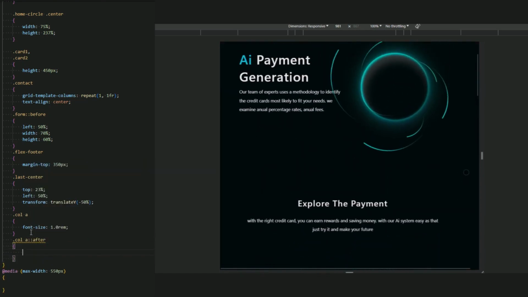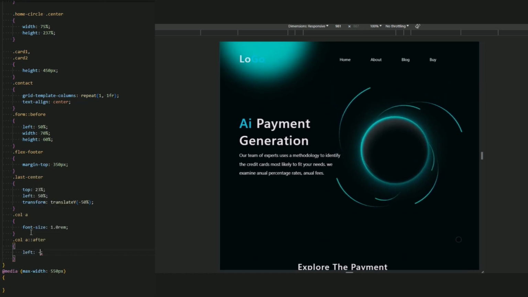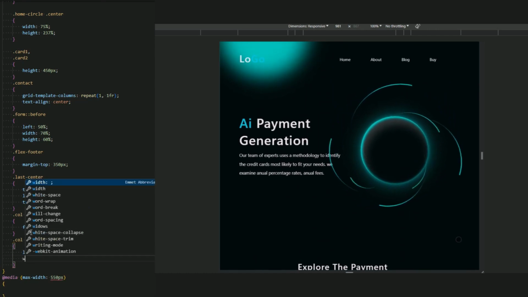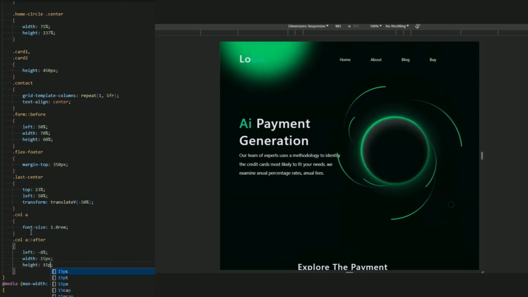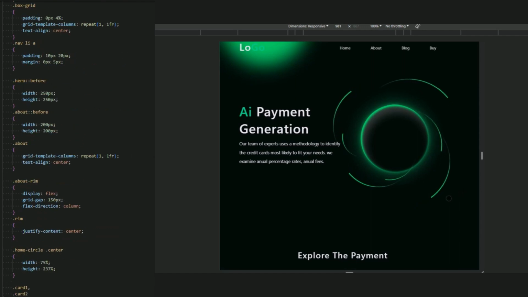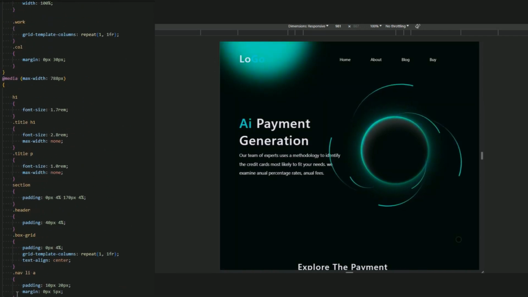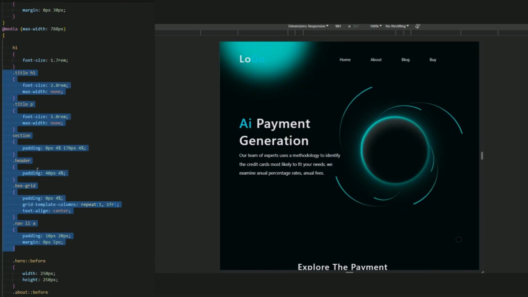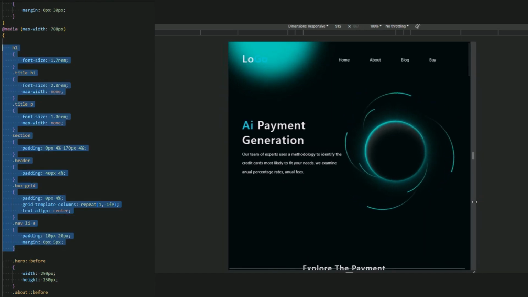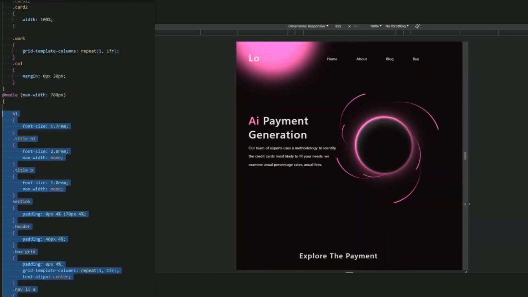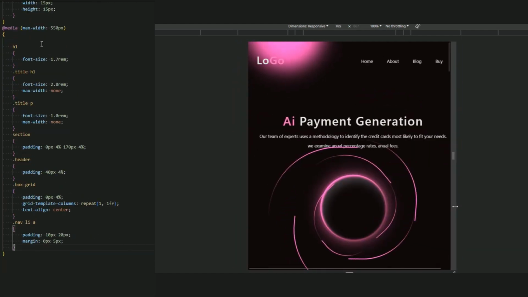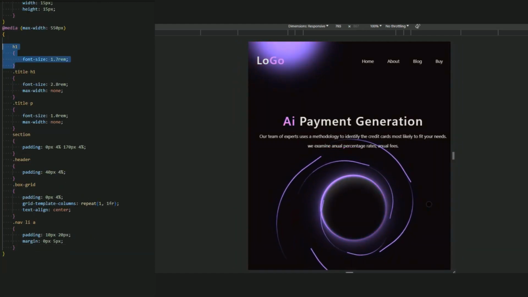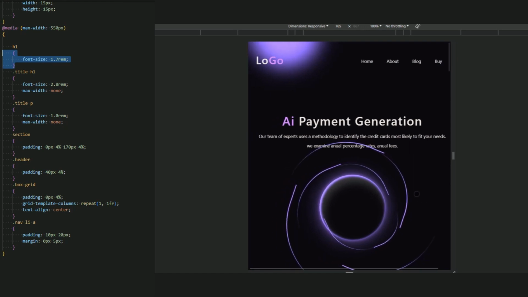Okay, left be minus 8% and the width 15 pixel, height 15 pixel. Here we go. And now let me just copy this again for the last media of this. Let me paste it here.